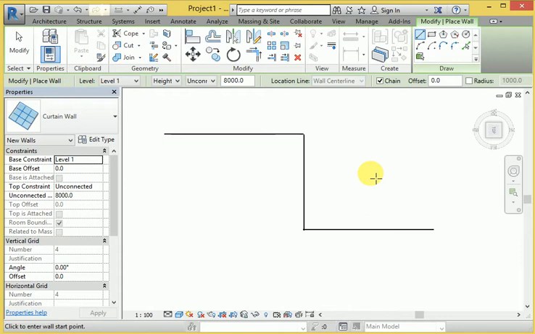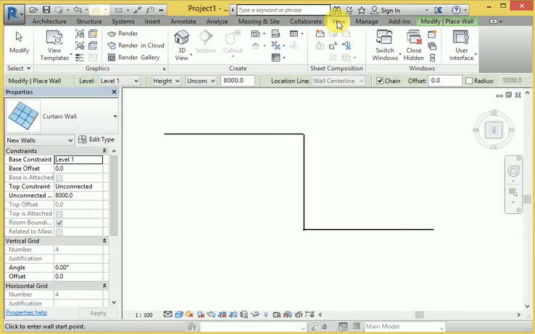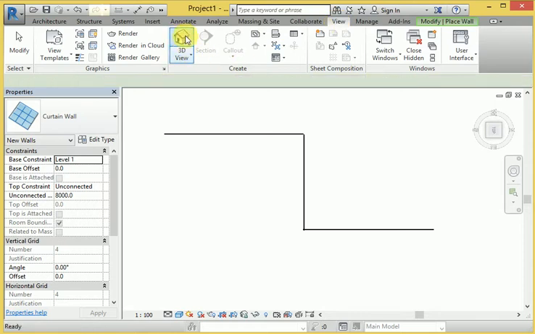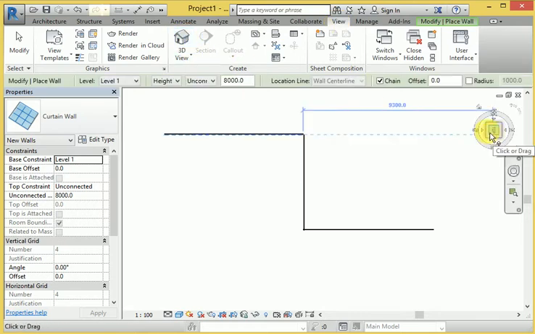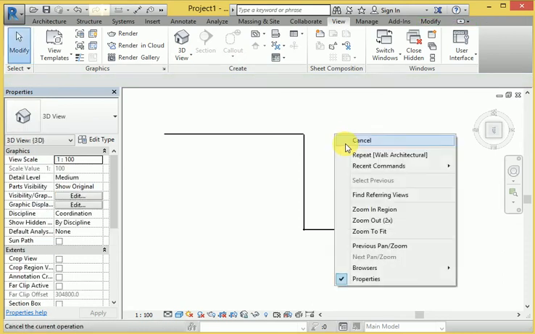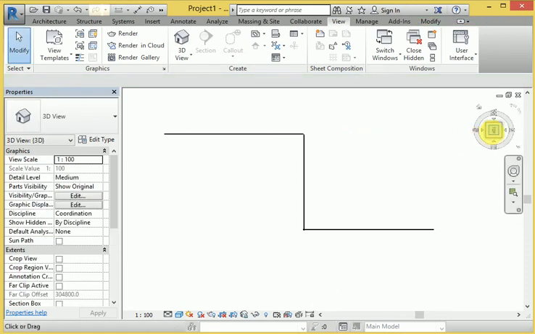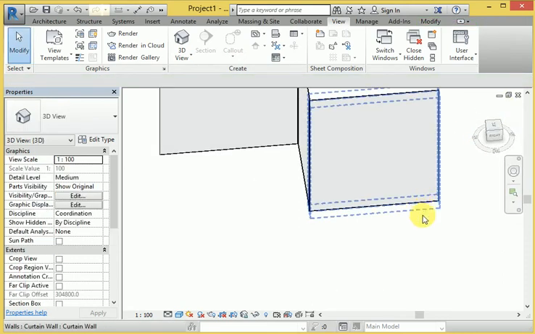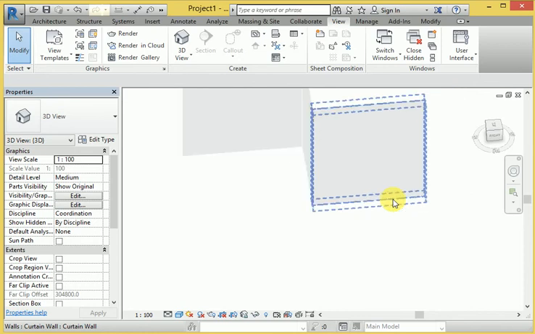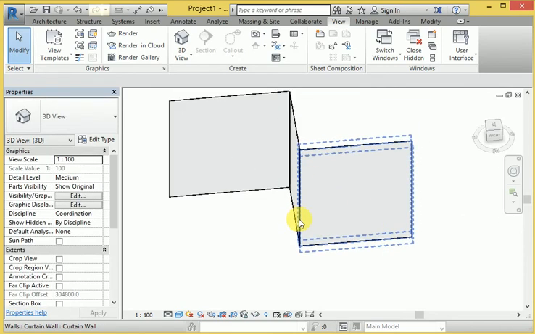Okay, then I will move to the 3D view. Here you can see the views right now. When I enter the 3D view, look at this, otherwise go to exit, and here you can see the view being made right now.